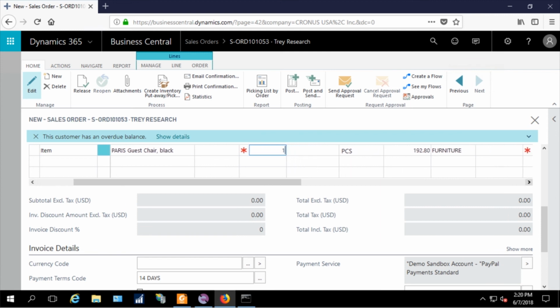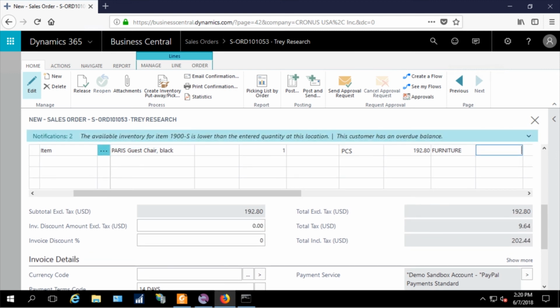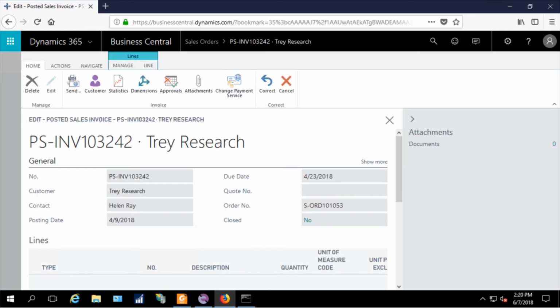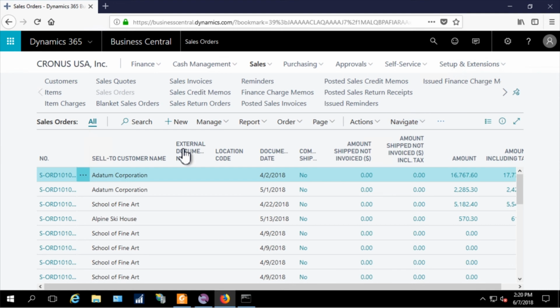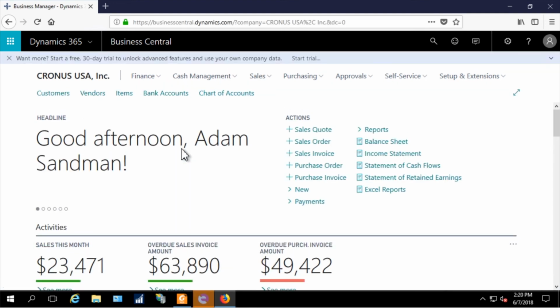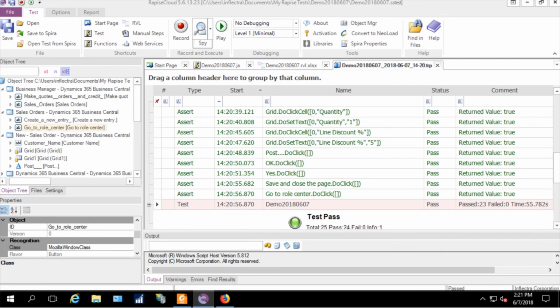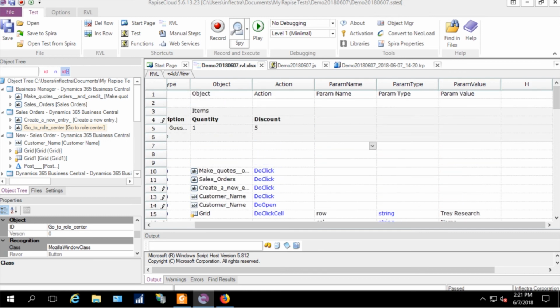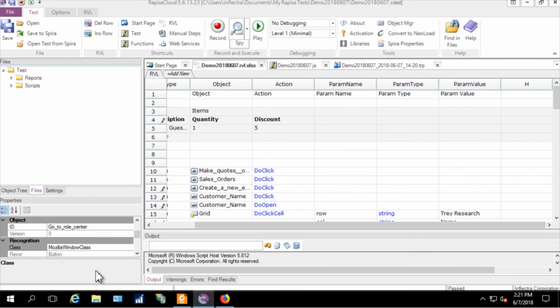Okay, now all our data was grabbed from the table. Okay, 3 seconds wait, close, and now we are on the home page again. But what if we need to enter a couple of lines of data? So let's insert